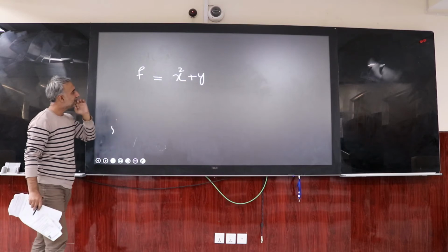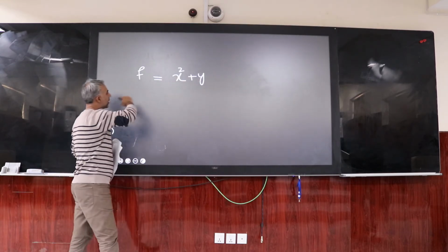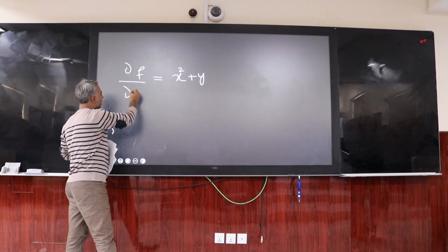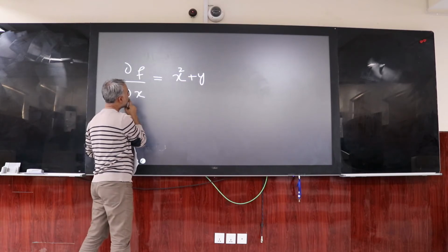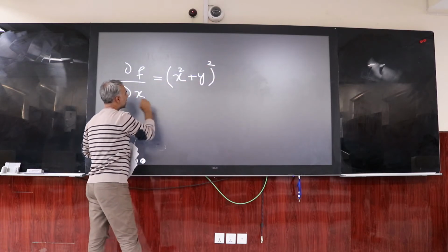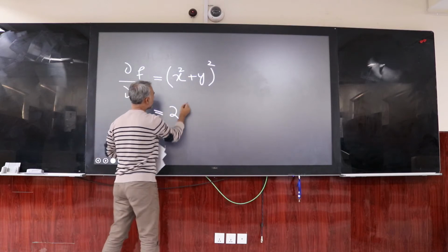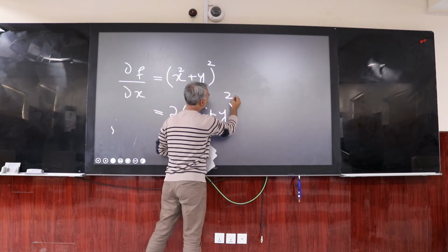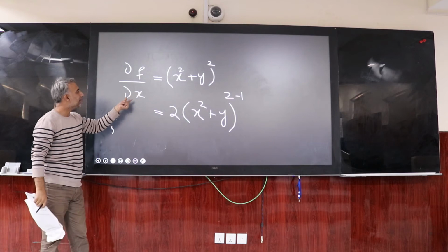The thing is that here, if this is some equation, I want to apply some derivative on this with respect to x, then it should be, if there is a square, it should be like this, 2 (x square plus y) to the power 2 minus 1, and we are considering the partial derivative